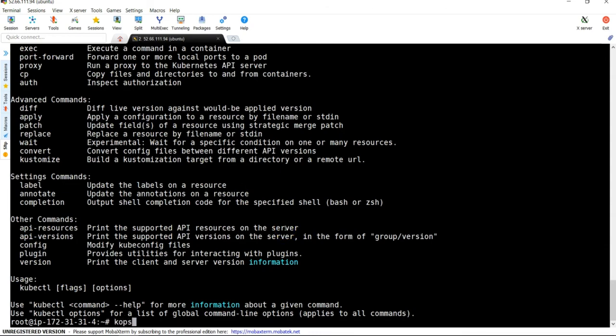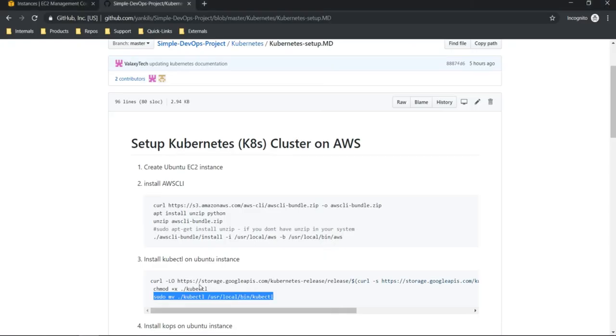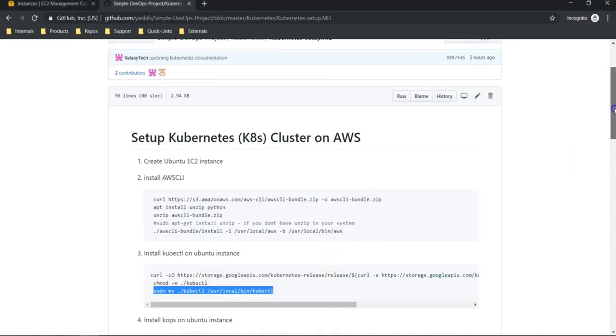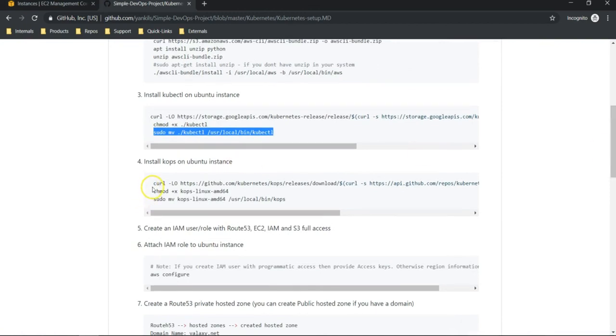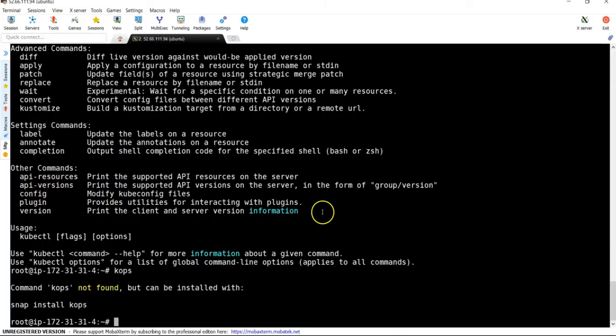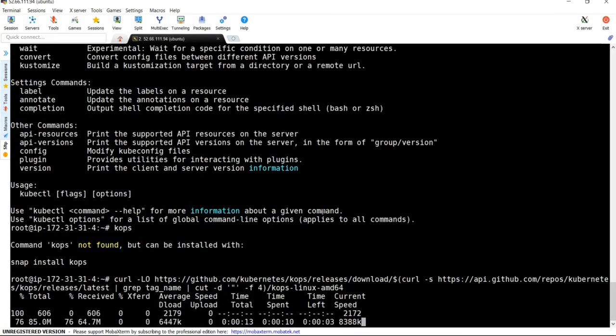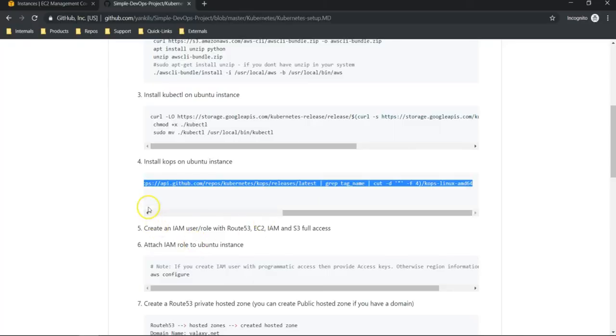Now I'm going to install kops. Before installing kops, I will just execute it. You can see here we haven't installed kops yet. Let's execute now. This is the command to download kops. Okay, we have downloaded kops.